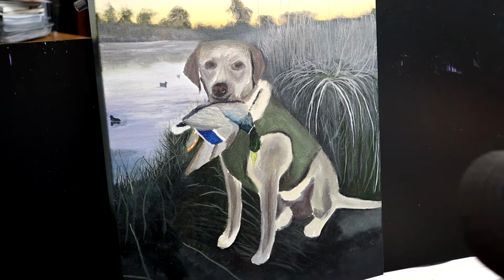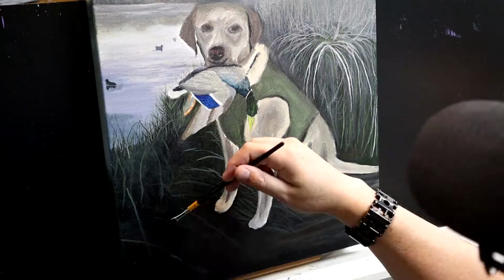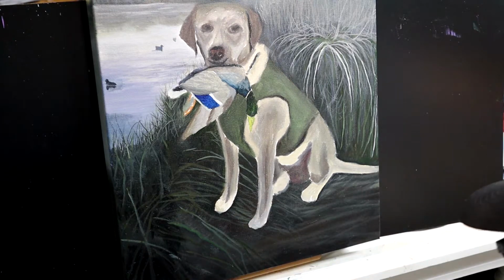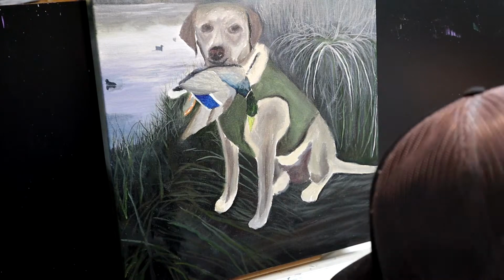As these reeds are a lot closer to you, obviously you can see a lot more detail in them, a lot more color on them, but there's definitely a lot of them down there. So I'm trying to give the appearance of a lot of layers of grasses and reeds in here without necessarily trying to paint every individual one in high detail. So it's a little bit of a tricky process, but